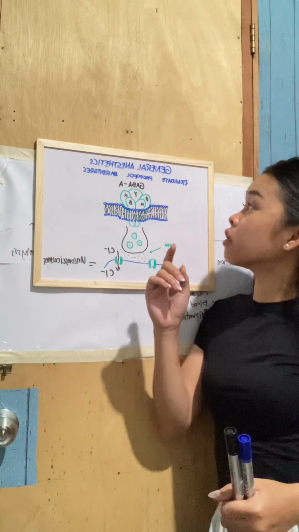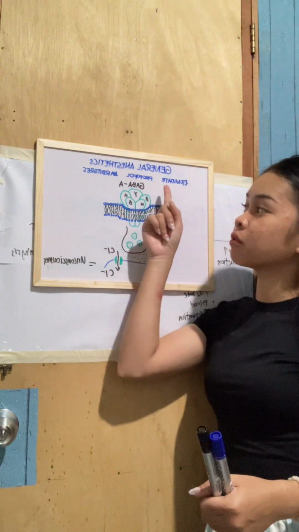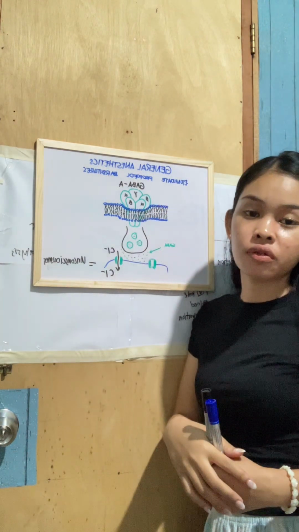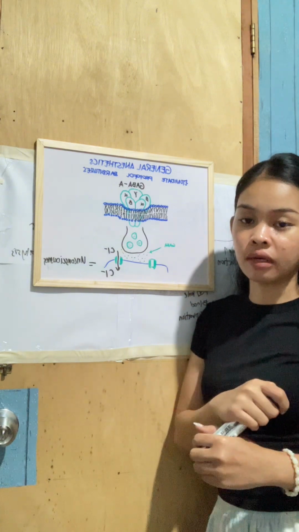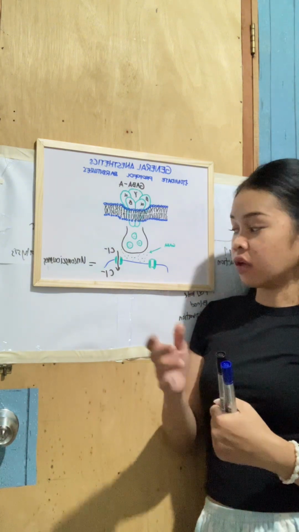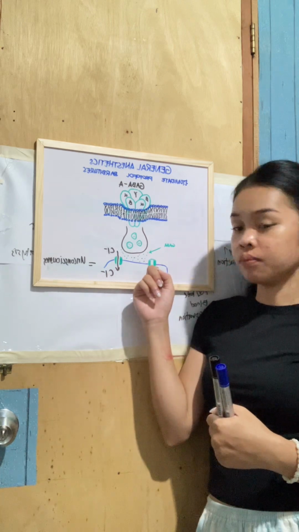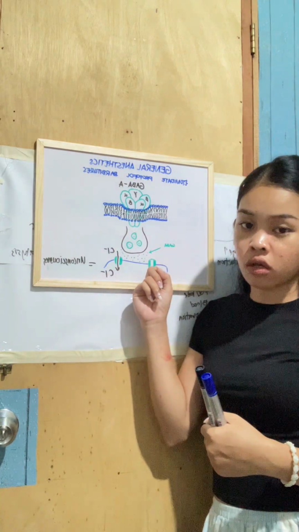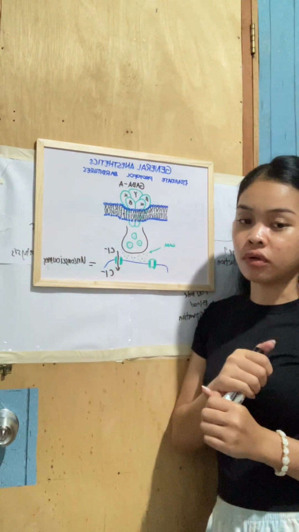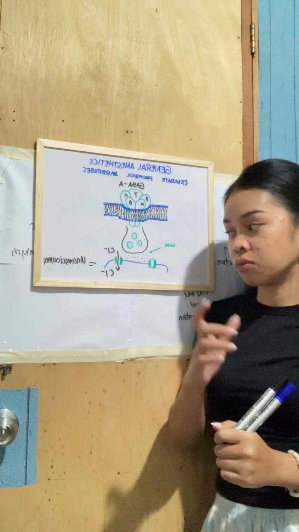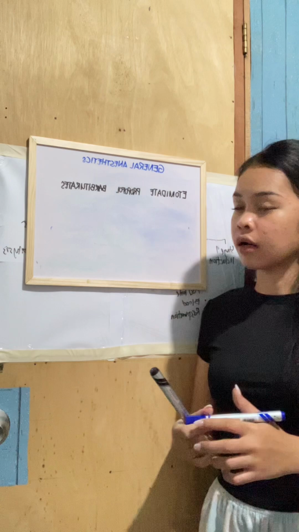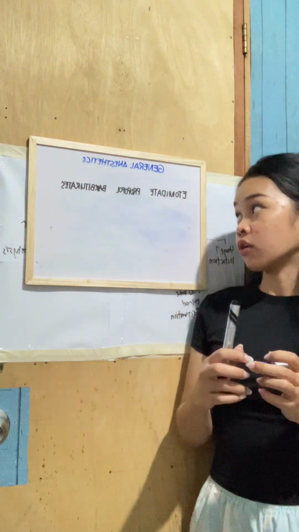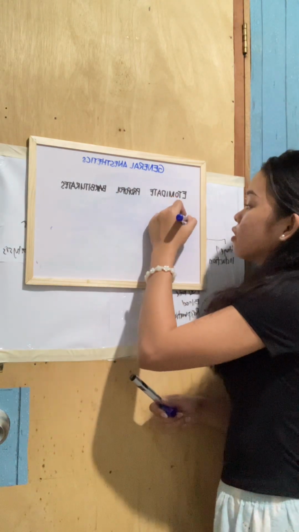So etomidate, propofol, and barbiturates bind to specific sites on the GABA A receptor. They prolong the opening of the channel, suppress neural excitability, and thus promote unconsciousness. Now, when it comes to the side effects, etomidate can cause adrenal suppression,